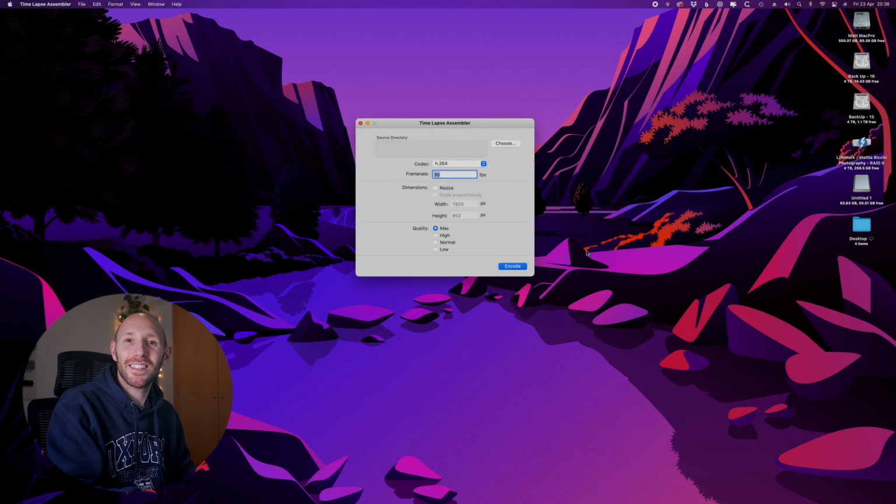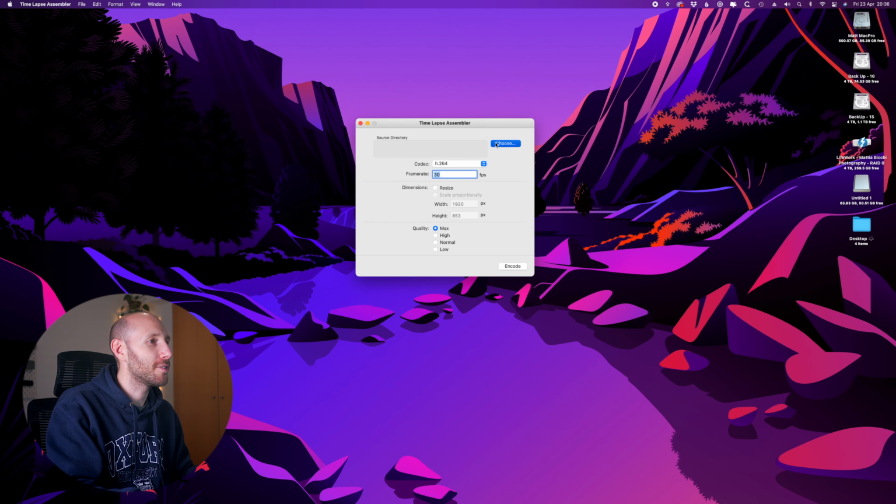So, there are a couple of ways to make a time-lapse without having to spend hundreds of euros. If you don't own Lightroom already, you can use a free editing software to edit your RAW and export them in JPEGs. Once you got your JPEGs ready, use a software called a Time-Lapse Assembler. This is a pretty straightforward software that allows you to create time-lapse video. And this is how it works.